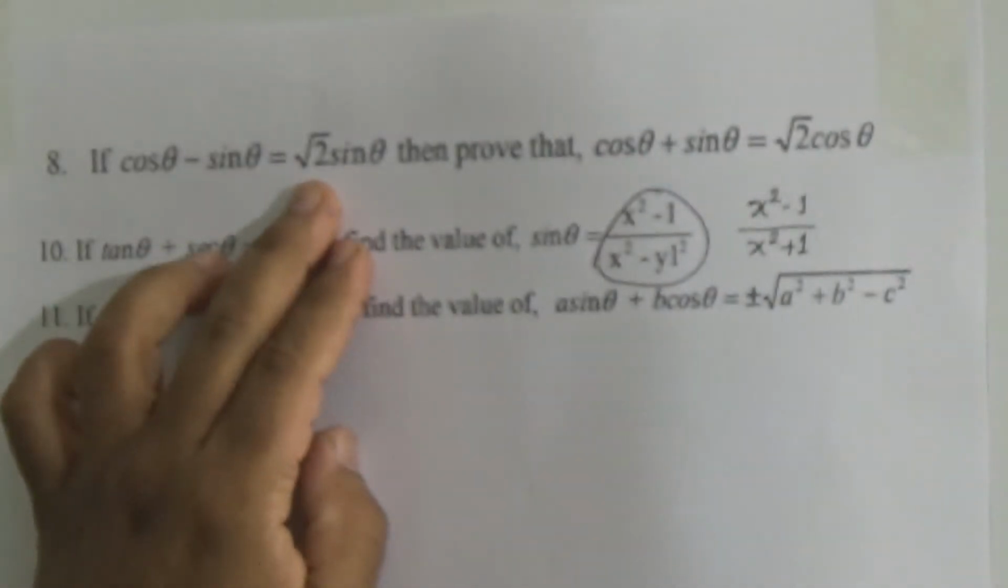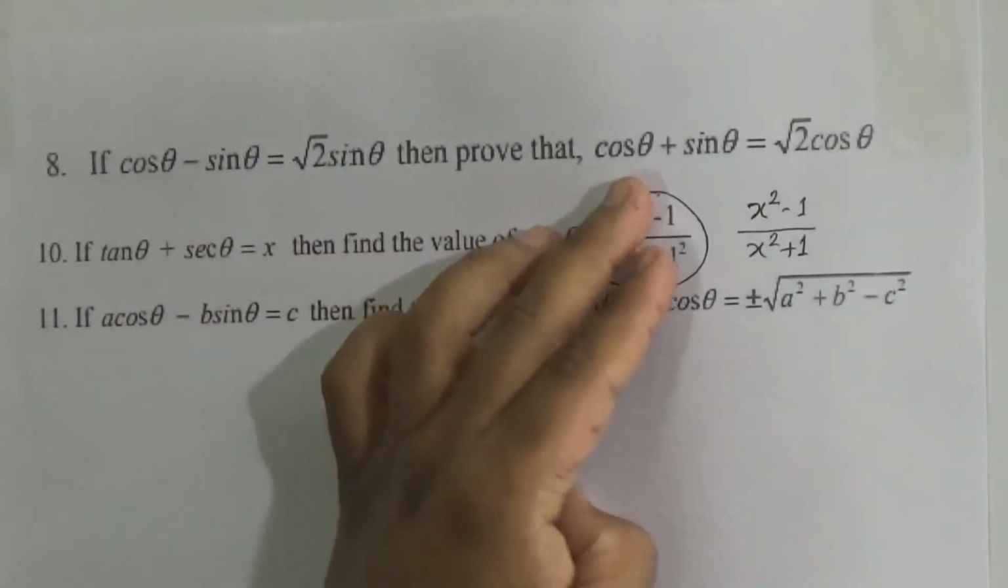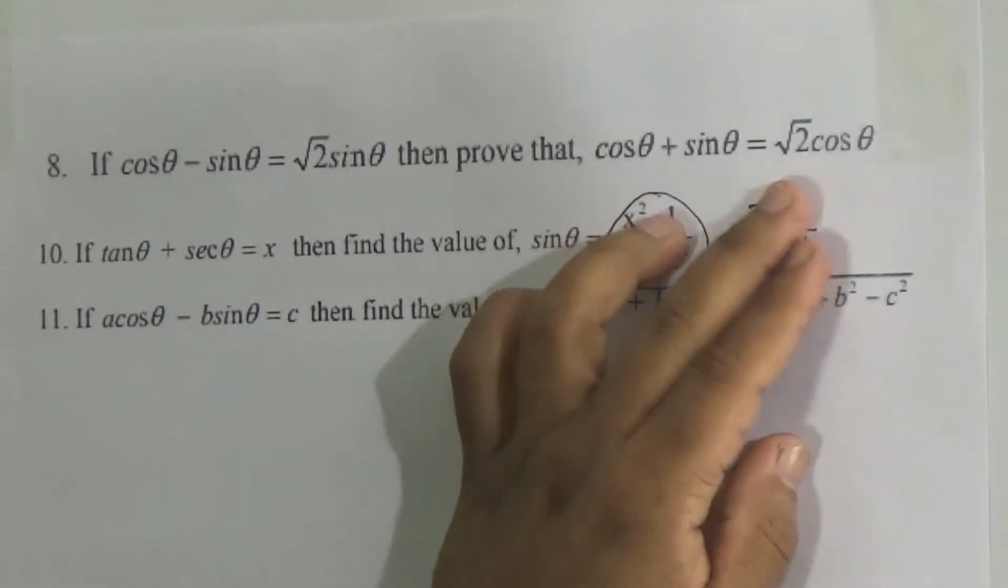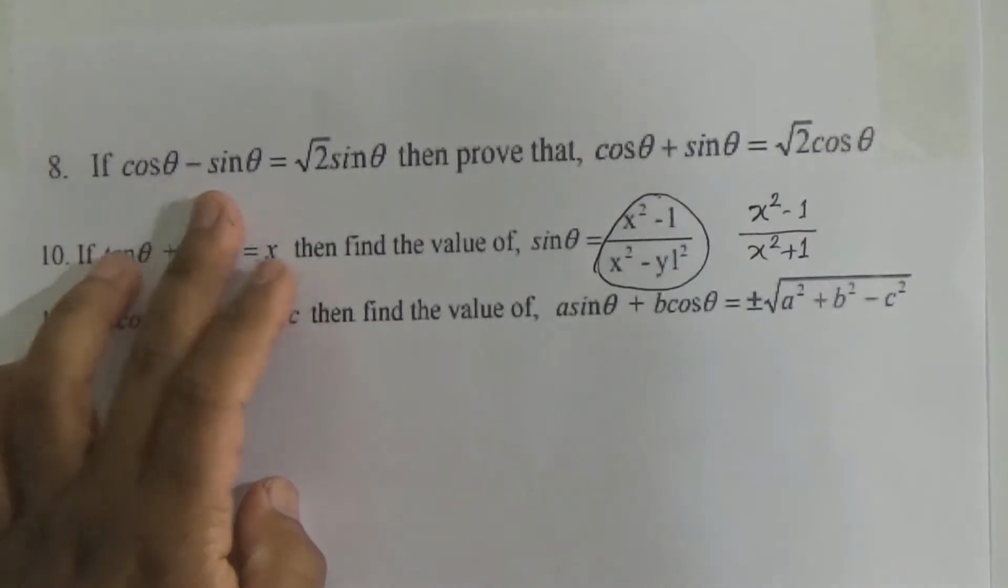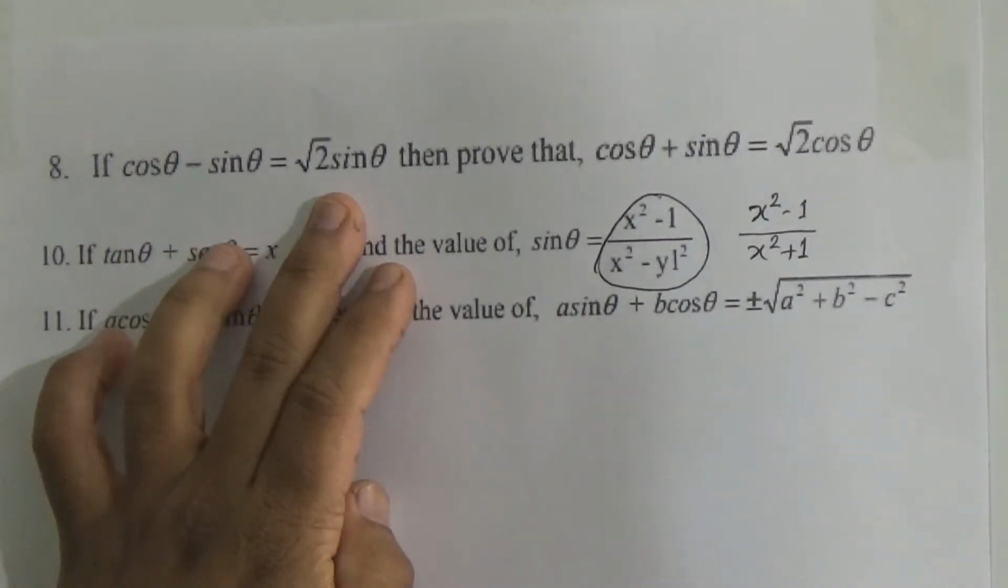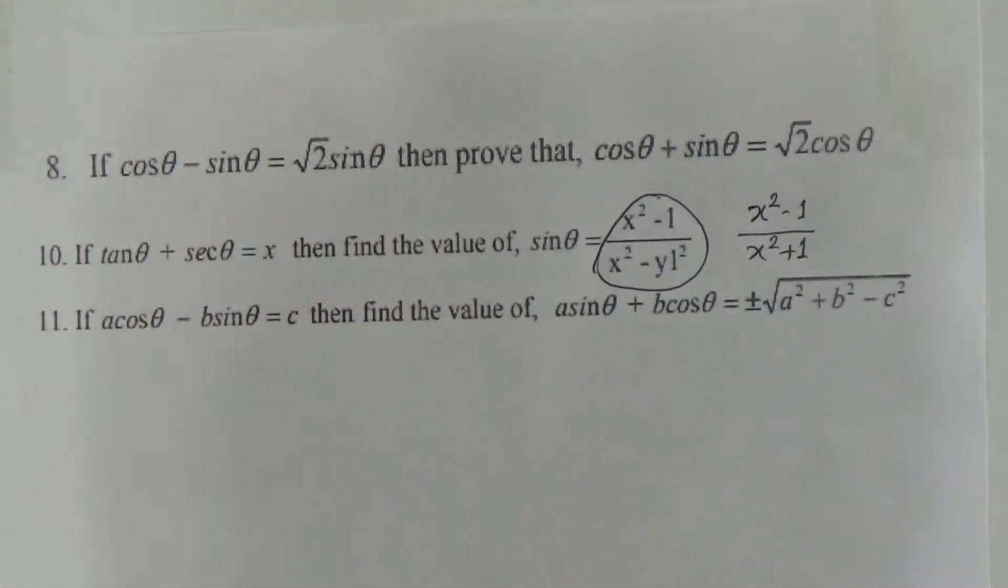Our first question is question number 8 from exercise 8.2. If cos theta minus sin theta is equal to square root of 2 sin theta, then prove that cos theta plus sin theta is equal to square root of cos theta. So what is the given information? Cos theta minus sin theta is equal to square root of 2 sin theta. So write it down. Given